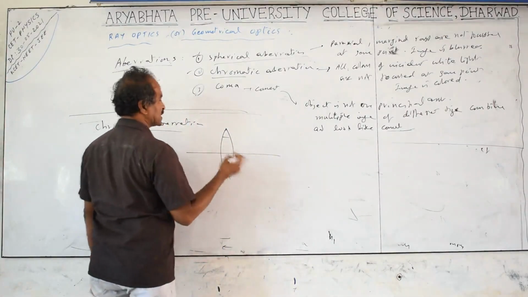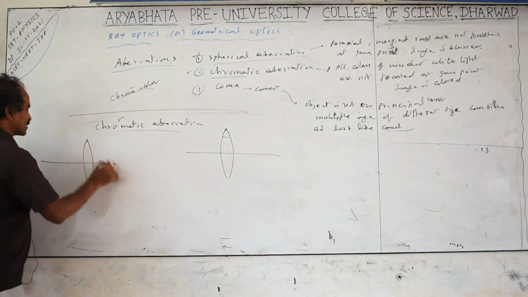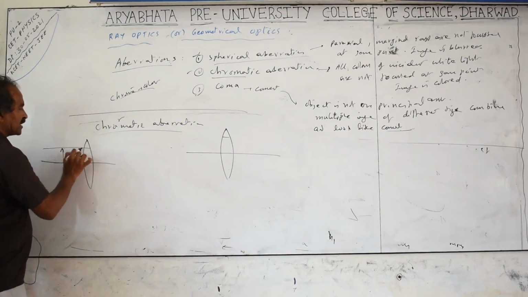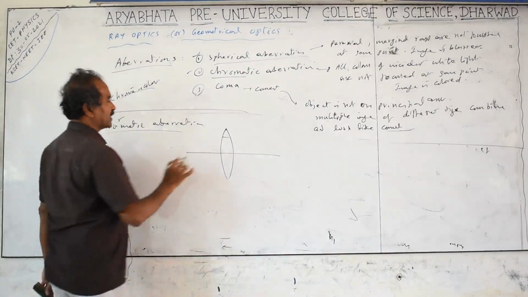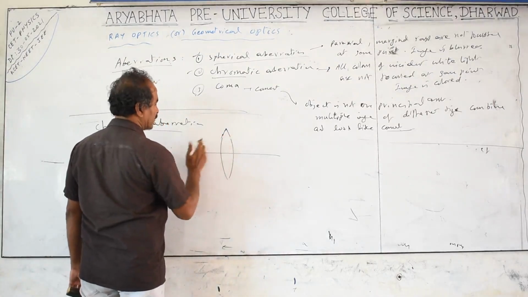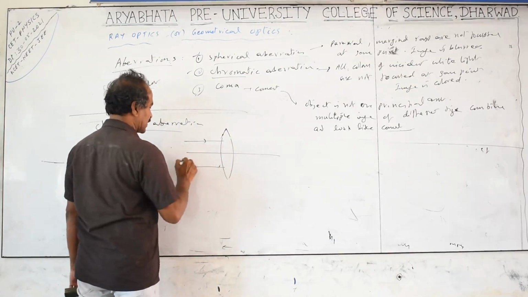Previously we said the angle of incidence changes from marginal rays to paraxial rays. The more the height from the principal axis, the more the angle of incidence and also the angle of refraction. But here all the light rays we are taking are paraxial only. I am drawing the diagram a little bigger, so it looks marginal, but we always imagine paraxial rays in this case. So this is the white light we have taken.